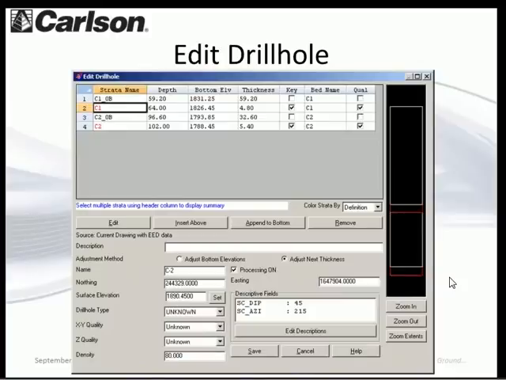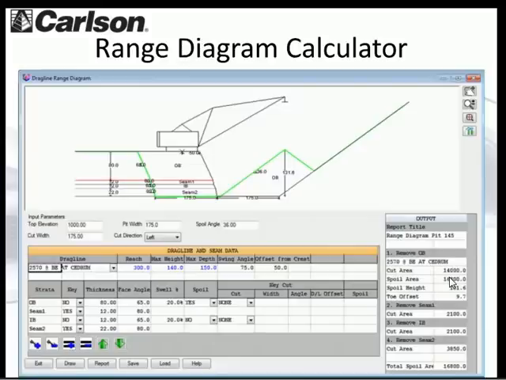There are also some things where you can color the strata by definition. You can also color the strata by grade parameter, so you can see right in the editor here. Okay, there's a new range diagram calculator where you can put in the dimensions of your dragline and your seams,